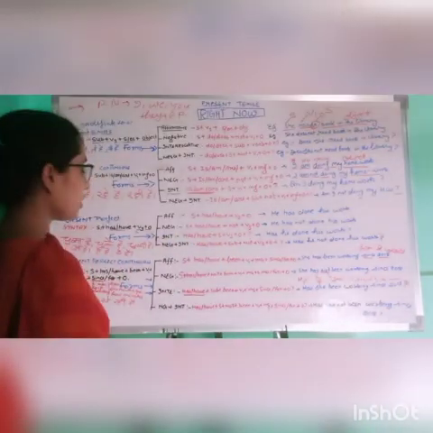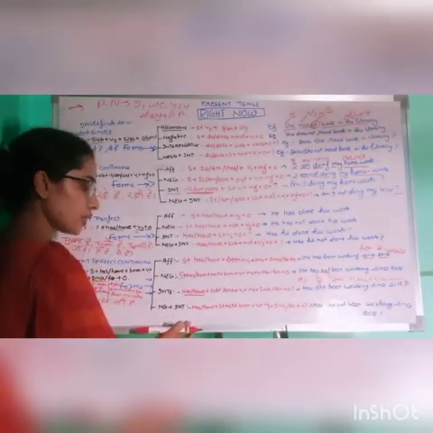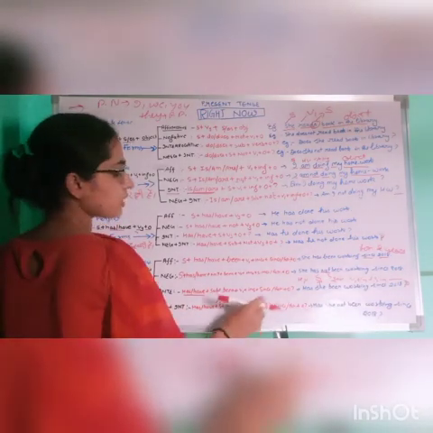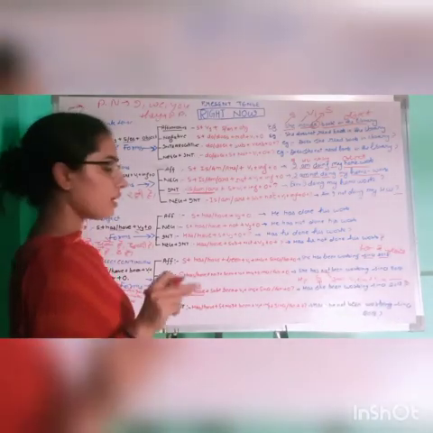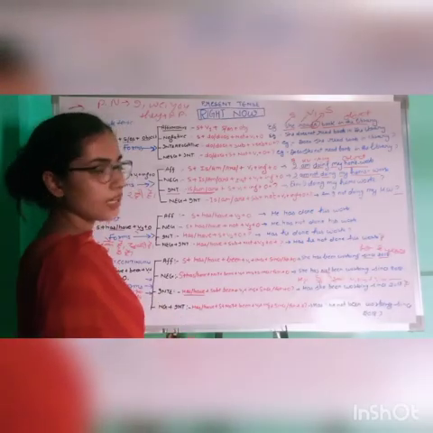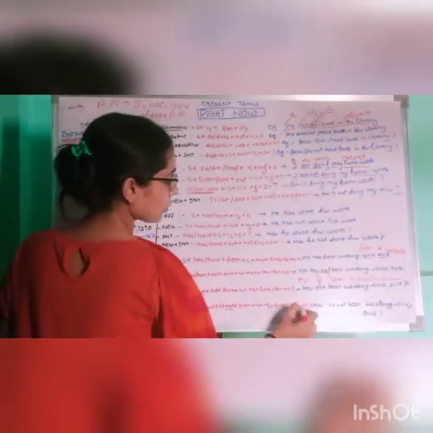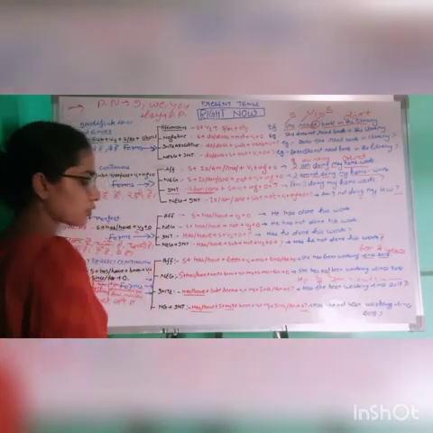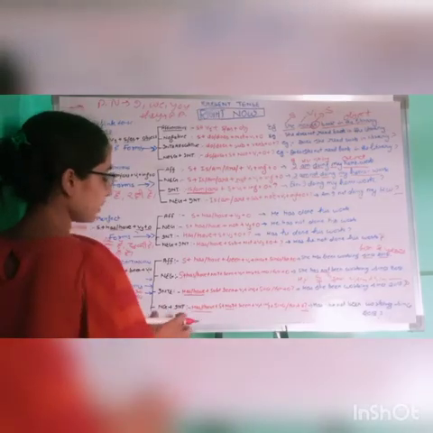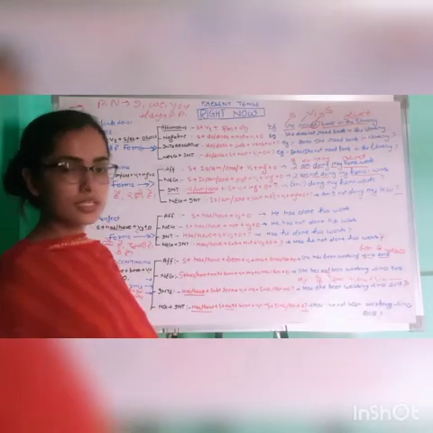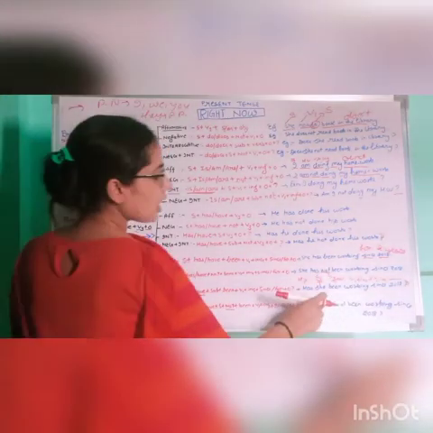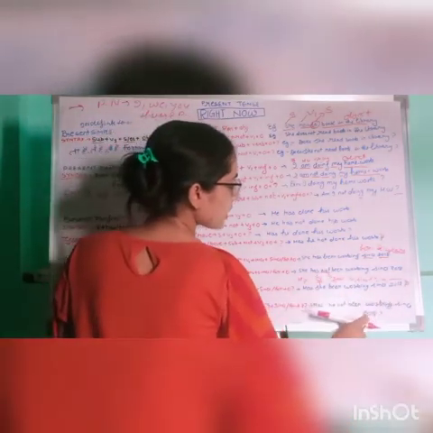Remember this, student. So now let's move towards the negative plus interrogative syntax, and it will be has, have plus subject plus not plus be plus verb first form plus ing plus since or for plus object plus question mark in the end. It is compiled with the not as well as the question mark, and at the first position we have to put the helping verb, because it is the mixture of negative plus interrogative sentences. So here the sentence we find out of this syntax is: has she not been working since